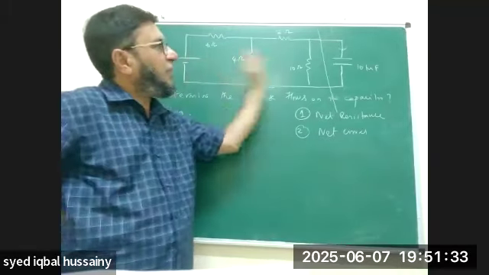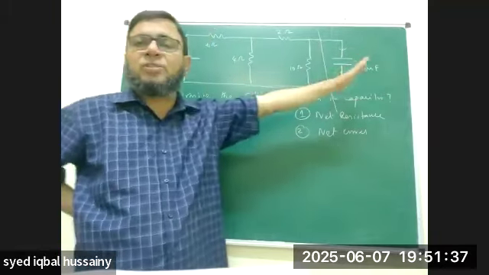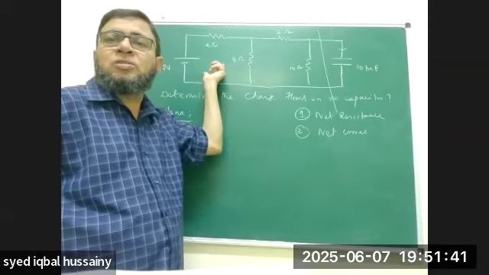Then, if n number of circuits are there, listen very carefully. If n number of circuits are there, then also, here there is one closed circuit and